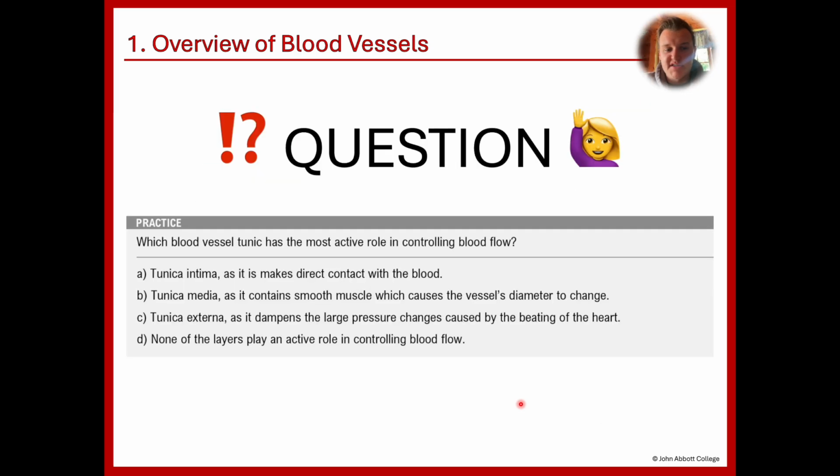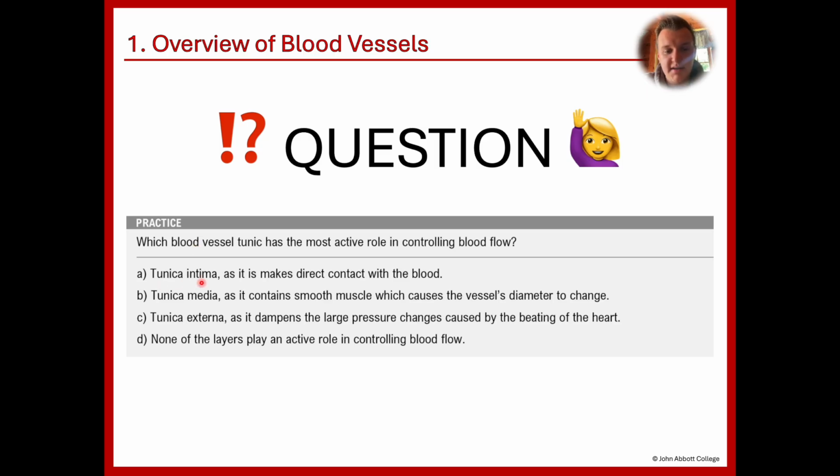Let's take a look at this question. Which blood vessel tunic has the most active role in controlling blood flow? You have a few options here: tunica intima, media, externa, or none. I will let you pause the video and take a look at these. All right. Once you're ready,